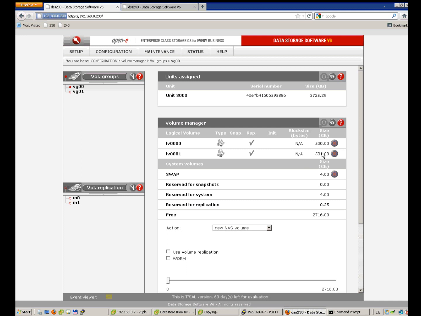So I will go to my local data store, and I can copy the Linux machine, and I can paste it. In the meantime, I will still continue explaining the